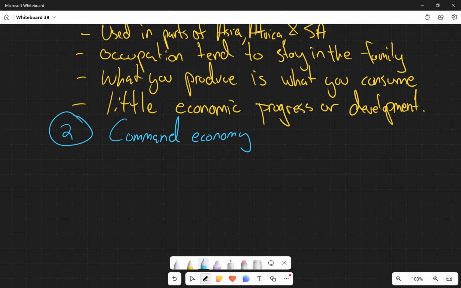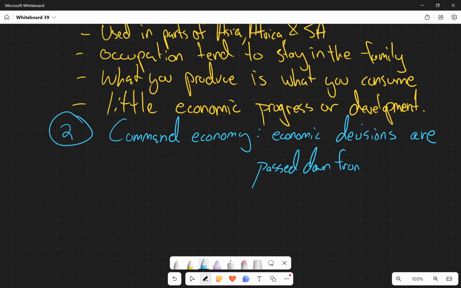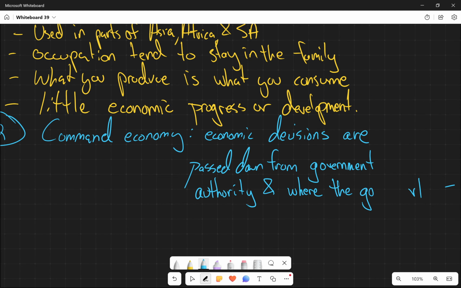This is where the decisions of an economic nature are passed down from a government authority, and where the government owns all the resources.